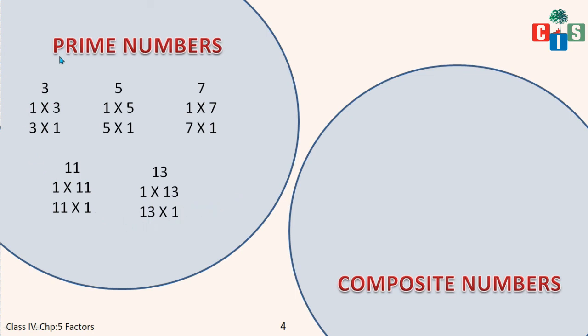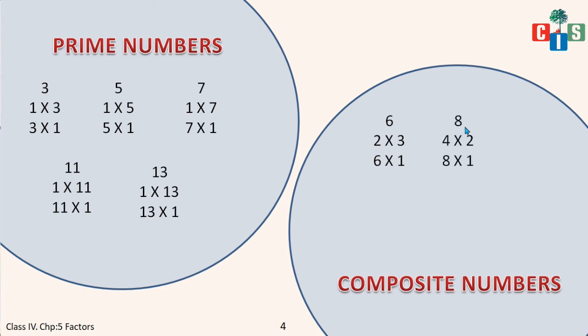Fine. And the other numbers, which have more factors, are known as composite numbers. जो नंबर्स हैं अगर वो प्राइम नंबर्स नहीं हैं तो वो क्या होंगे, वो कंपोजिट नंबर्स होंगे. And I can say that composite numbers are the numbers which have more than 2 factors. Yes, let's have an example. I will explain. Okay, so see, 6. 6 can be written as 1 multiplied by 6, 6 multiplied by 1 and 2 multiplied by 3. Yes, so there are more factors. There are 1, 6, 2 and 3. 4 factors are there of 6. So 6 is a composite number.